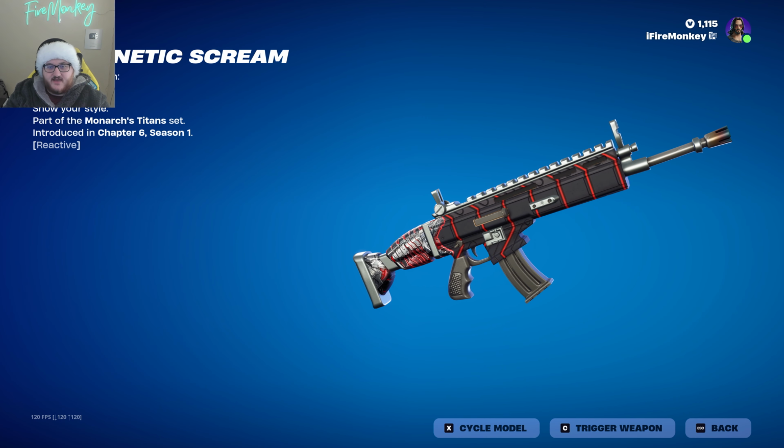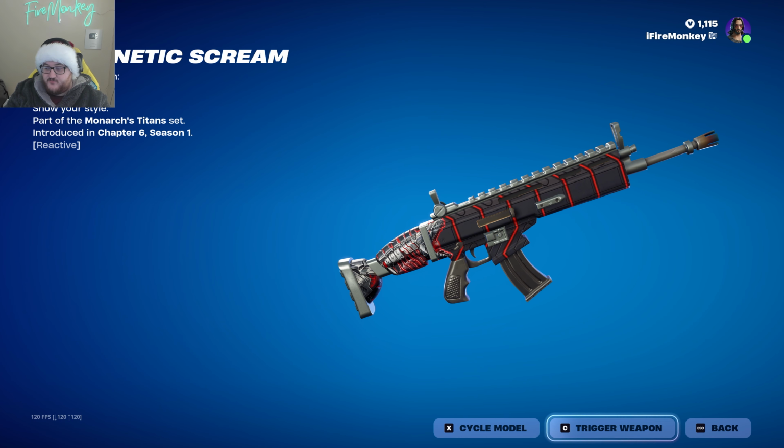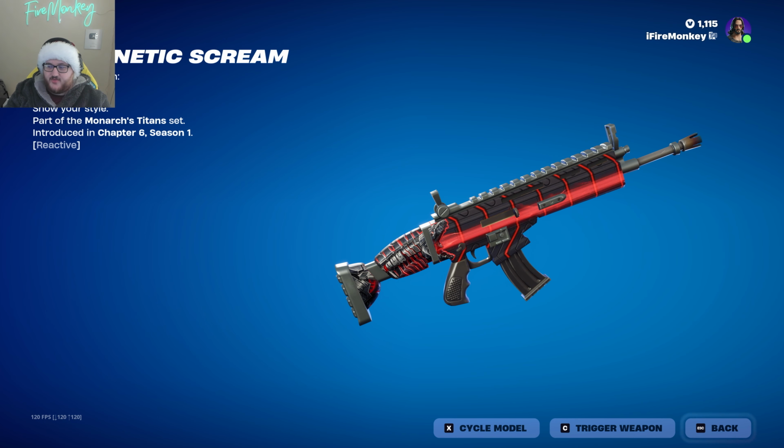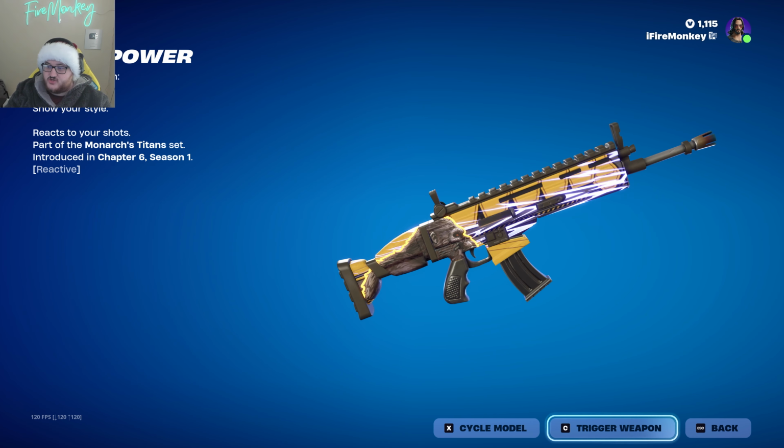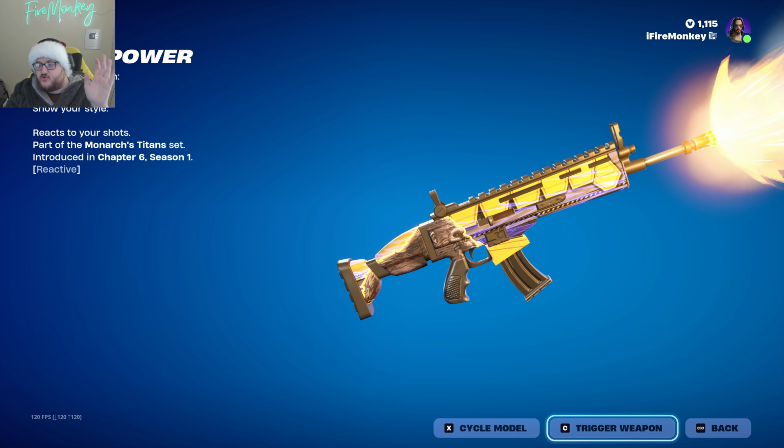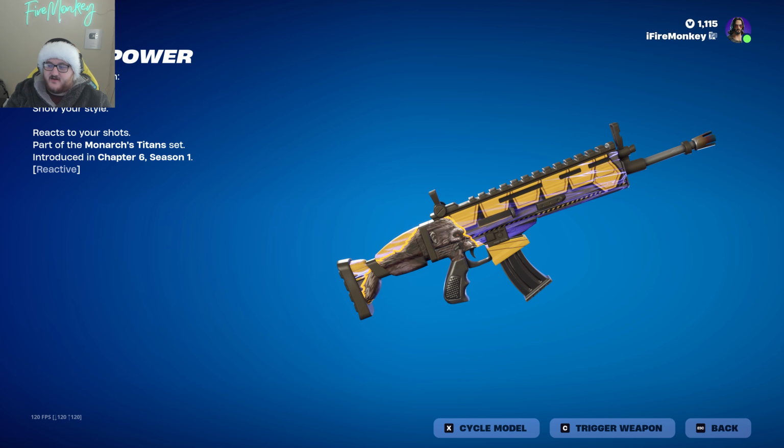For the wraps, we have the Cybernetic Scream wrap right here, which is reactive when you actually trigger it, similar to the Battle Pass normal Godzilla wrap. There's a beam that comes out of the mouth. And then if we go over to Kong, for example, with the Roar Power wrap, when you actually trigger this one, it doesn't really do a beam, but it has a little bit of that same effect where every time you shoot, a little bit of blue lightning comes out from the very front